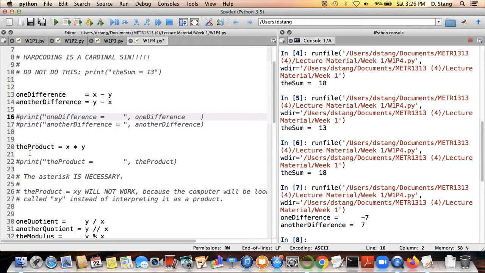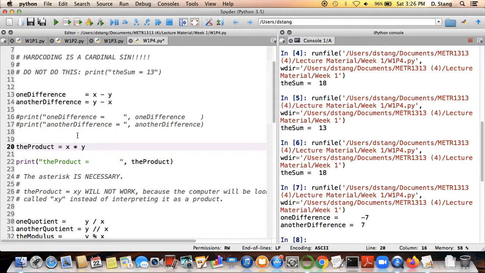Multiplication can get a little interesting. Unlike addition and subtraction, which are pretty intuitive, where you just use the appropriate symbols and it functions just like addition and subtraction in your other math classes, multiplication is a little bit different. Anytime you multiply any two quantities together, whether that's a number by a variable or two variables, there must be an asterisk between the two values to tell the computer that it wants those two values